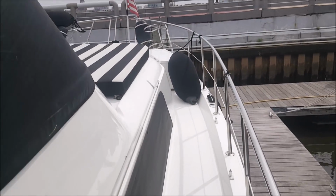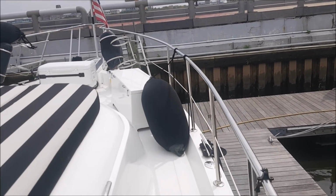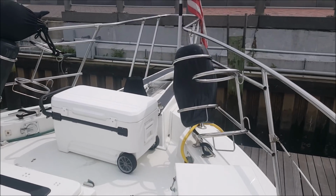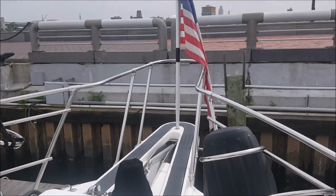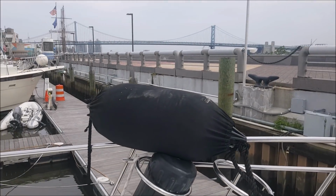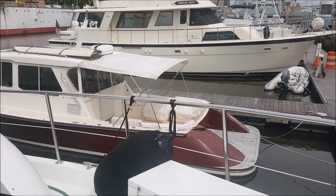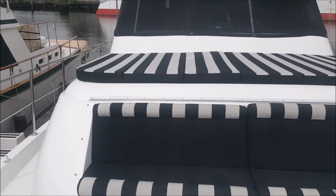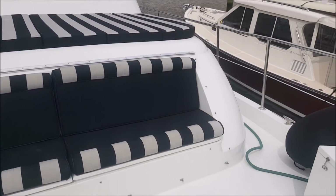I'll take you up to the bow, which is actually very spacious. We have had 22 people out here watching a fireworks show over 4th of July. So you can fit quite a few people. There's swim pads, or sunbathing pads, I guess you can call them. Seats and